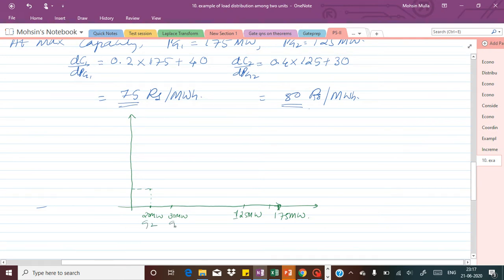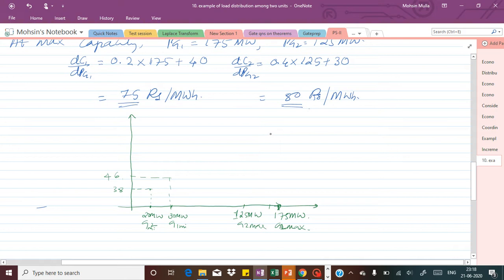Let me write this G1, G2 minimum, and G2 max and G1 max. So 38 rupees is the incremental cost for G2 minimum, and 46 rupees is the incremental cost of generation for G1. Now when the capacity reaches the maximum value,